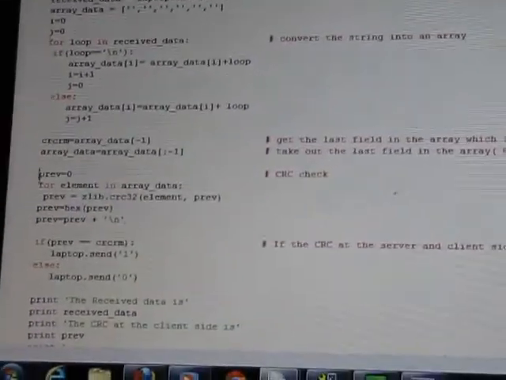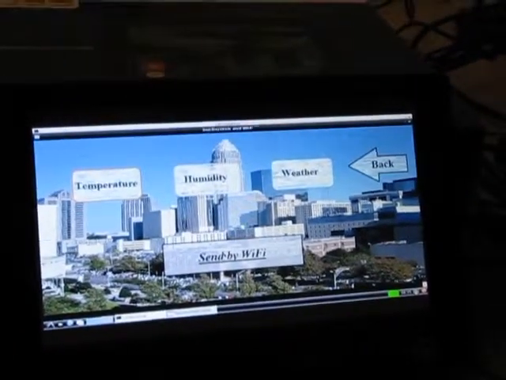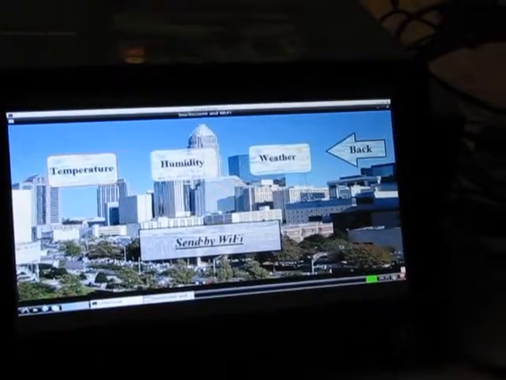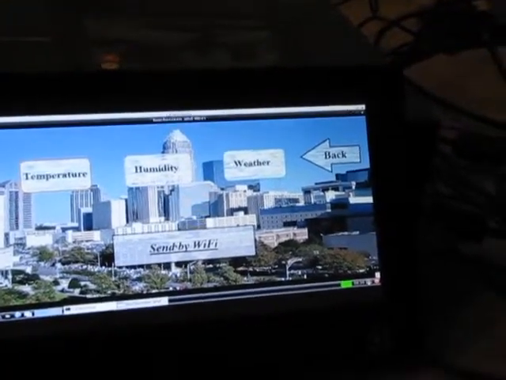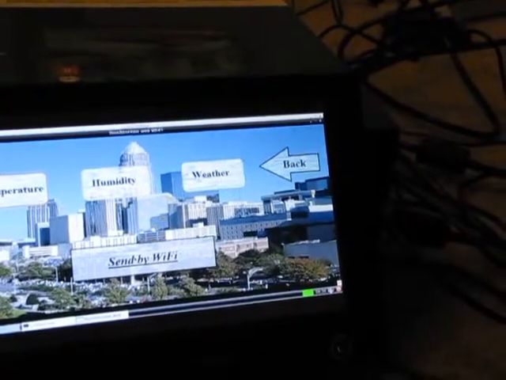And if the CRC code is the same, then the data received is correct, and the client side will again transmit to the Raspberry Pi board 1. So if it has received 1, then the data was sent successfully, and if it transmits 0, then the data was not sent correctly.